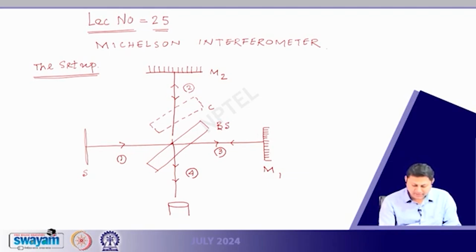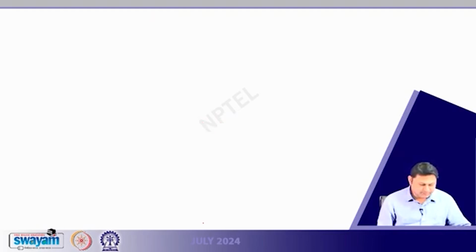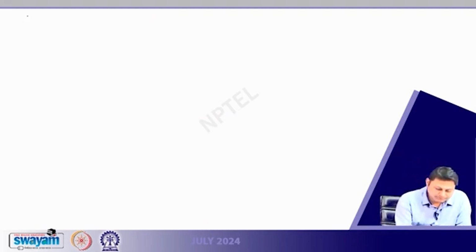One ray comes directly from M2, and another is reflected by this beam splitter and comes here, and they interfere through this ray 4, and we can see the interference pattern. So, let us draw an equivalent picture to make life easy. This is the equivalent optics